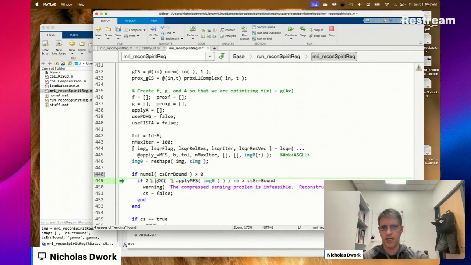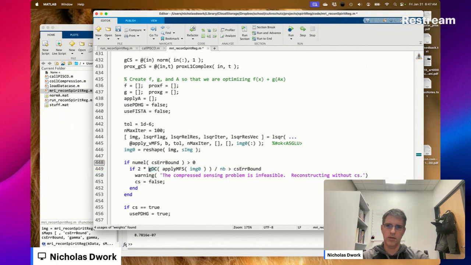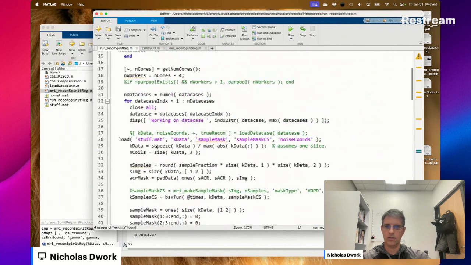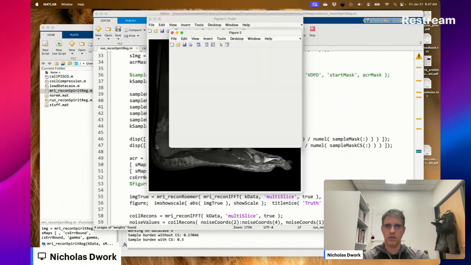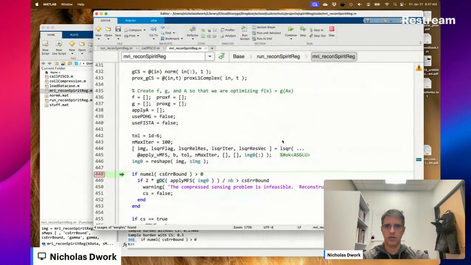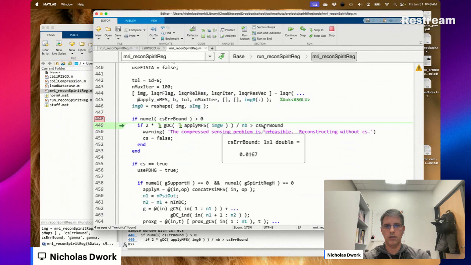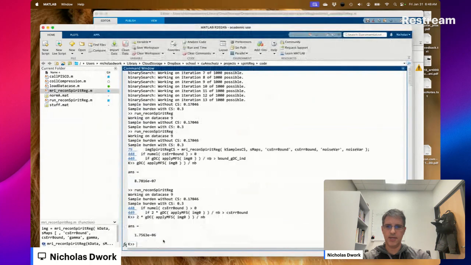Now, hold up. This is 0.01, and this is tiny.